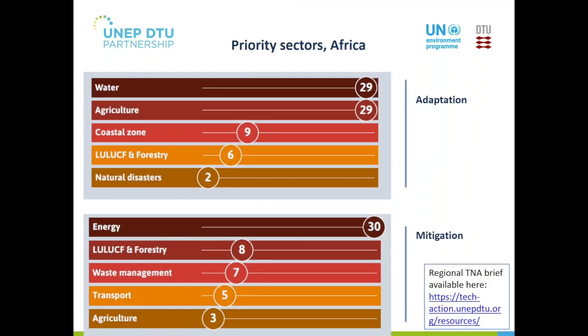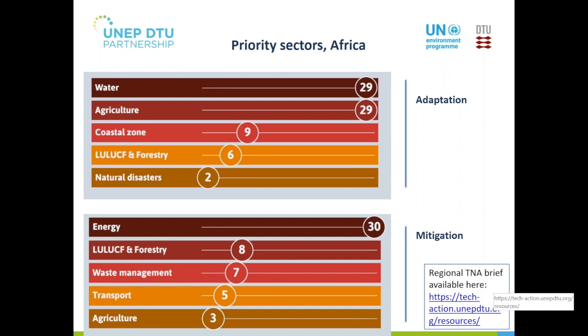Moving to what are the priority sectors in Africa, I don't think this would be a surprise to many of us. This is based on data from 31 countries who have now completed their prioritization of sectors and technologies. And out of these countries, 29 have prioritized both water and agriculture as key for adaptation. And then you can see also a number of countries have prioritized coastal zones, land use and forestry, and natural